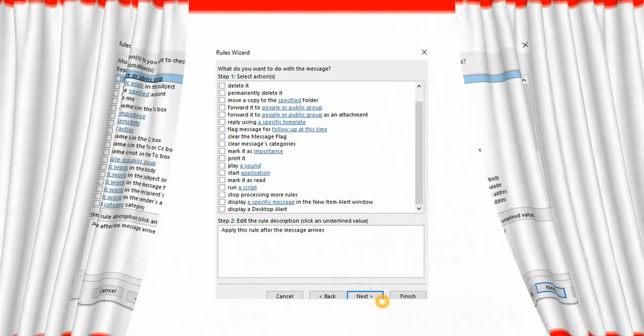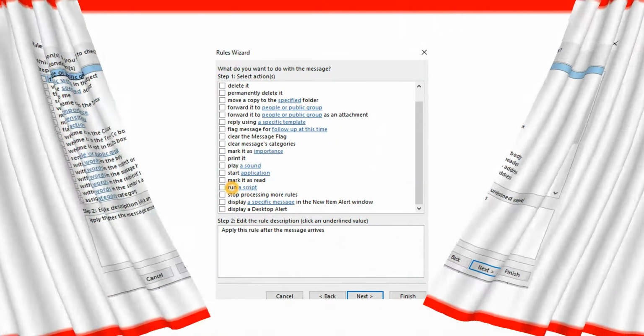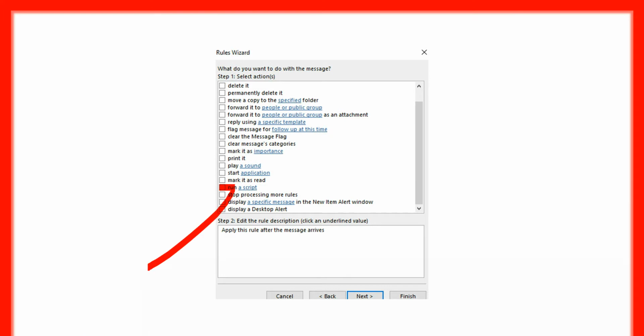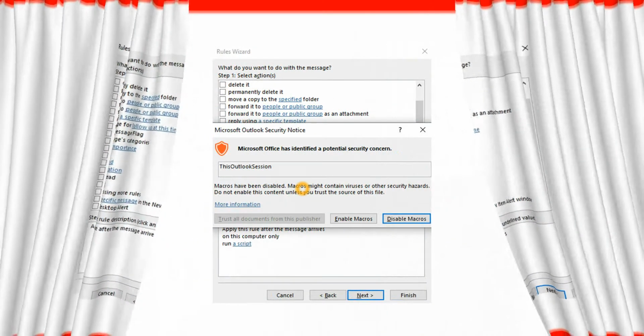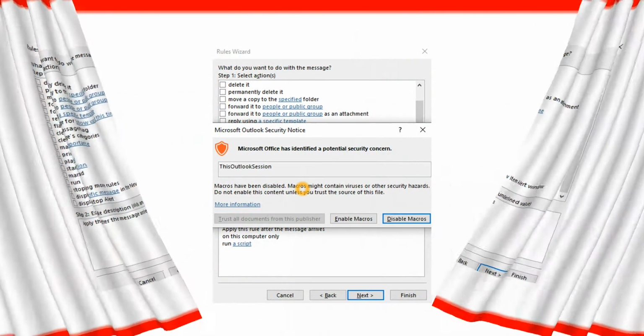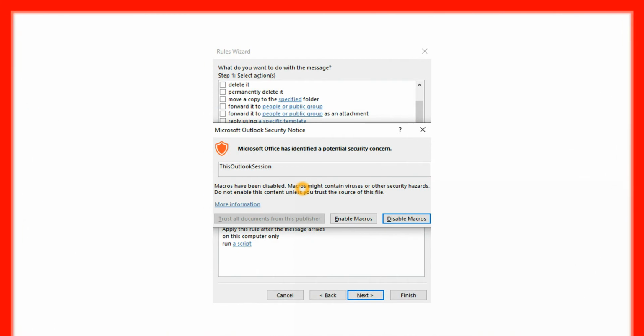Then you open this, you got this particular screen here, right? Run a script. Check it out. If you click this, you will see this particular window. Once you see run a script and then click on this particular script, you will see this window.